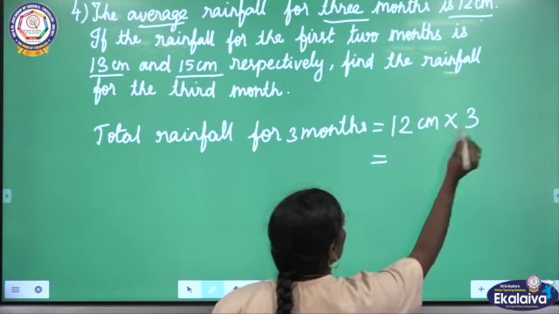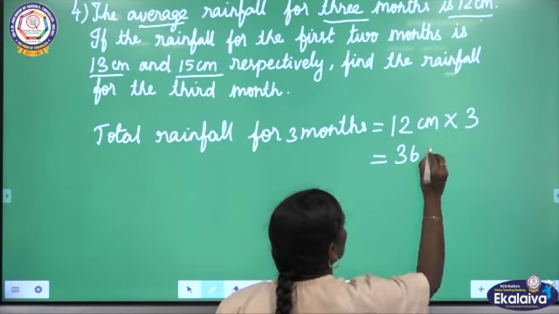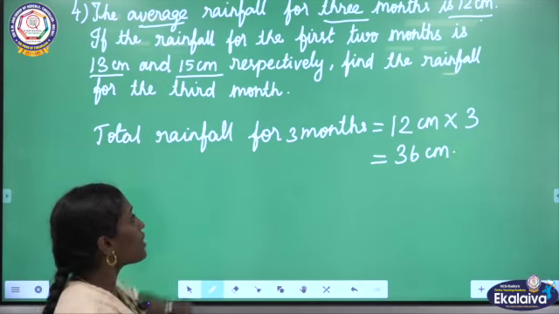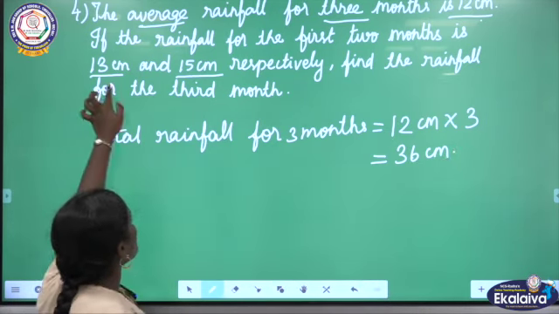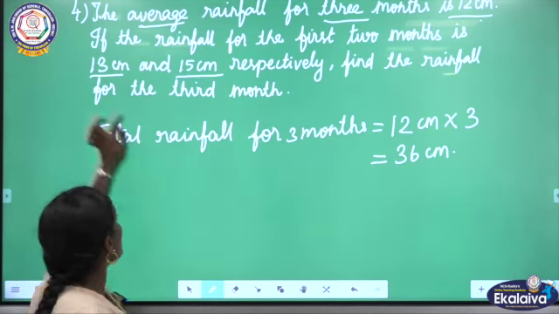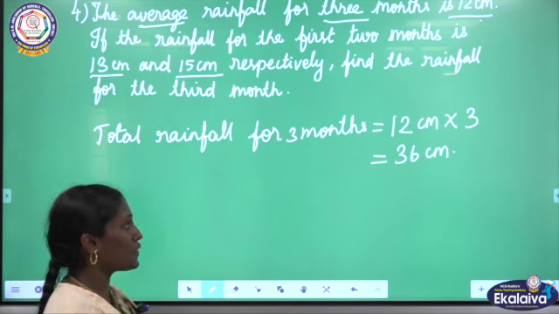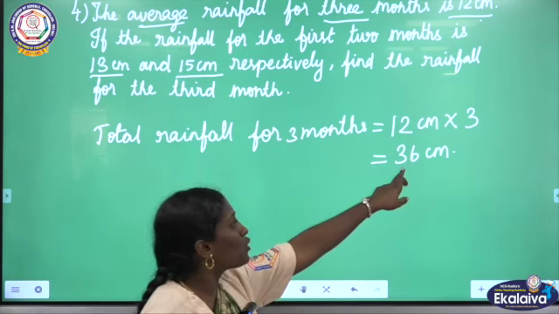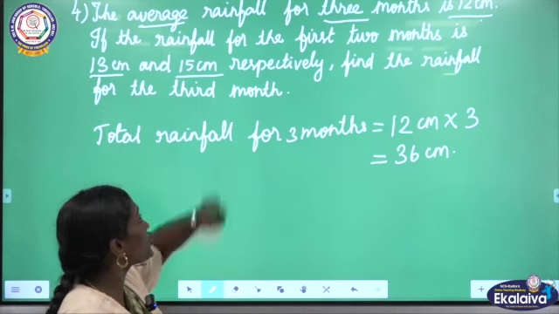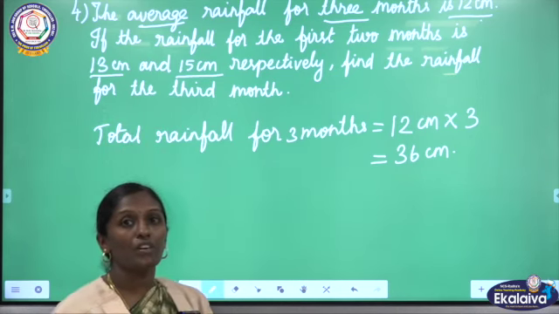Then we will get 12 threes are 36 centimeter. This is the total rainfall for 3 months. Then for the first 2 months, they are giving the rainfalls respectively, that is 13 centimeter and 15 centimeter. From the total rainfall for 3 months, if we subtract these two, we will get the rainfall for the third